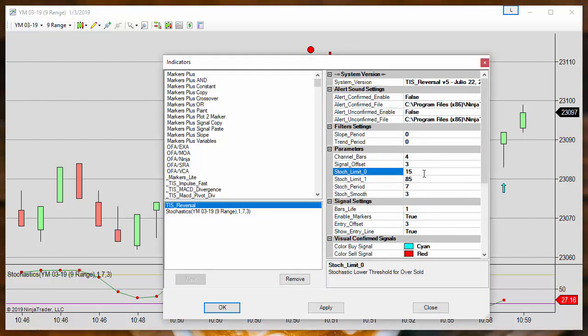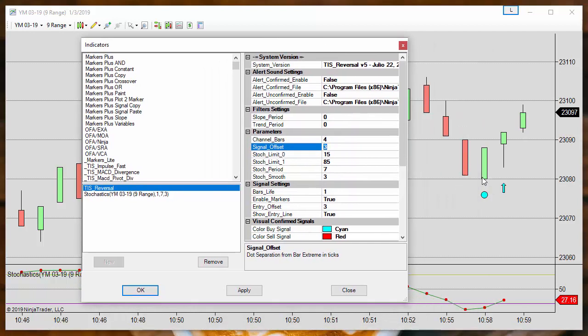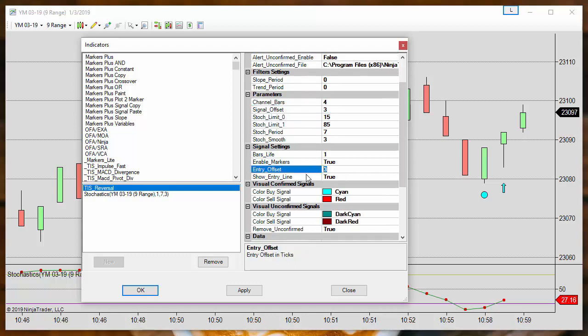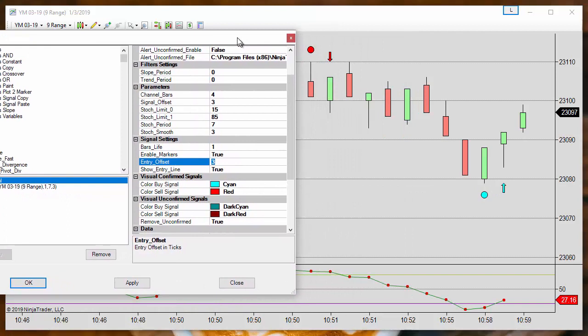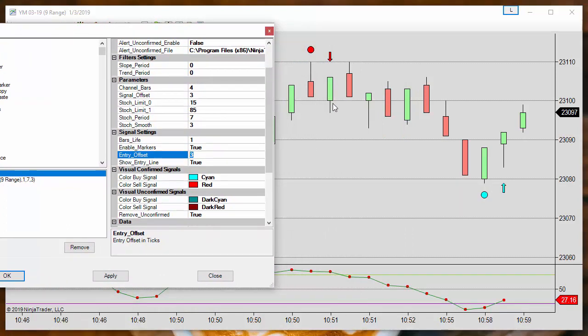All these settings are on the custom indicator: oversold, overbought, the stochastic settings for the key line, the offset to paint the signals, the number of bars to check that we are making a higher high, so it looks at the 4 bars in the past. Also the offset for the RVO entry.